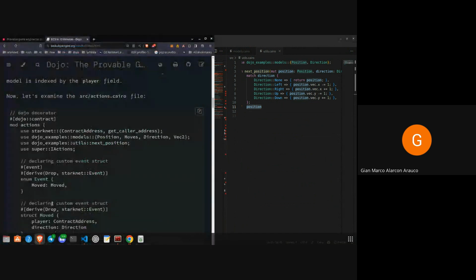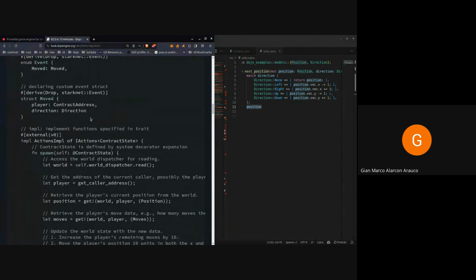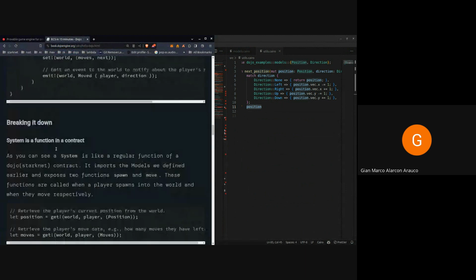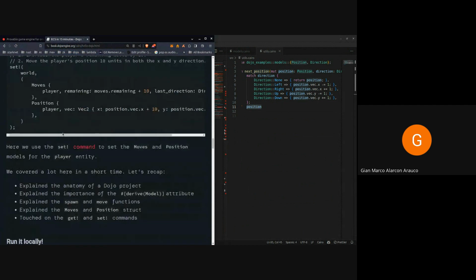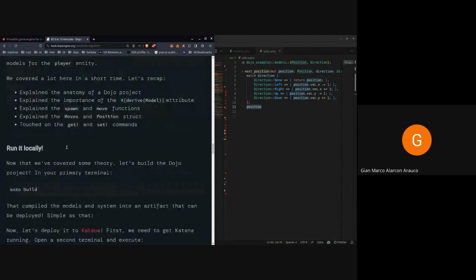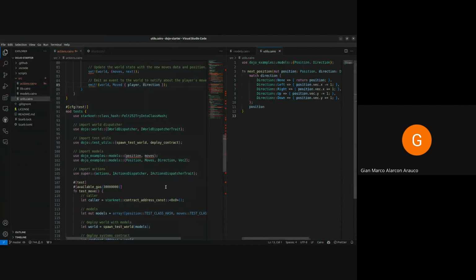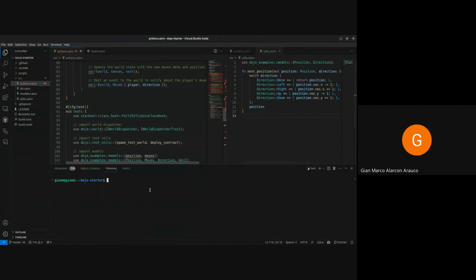Let's go back to here. Yeah, they explain the event, spawn function, move function. They explain we have this get command, set command. That's it. So now we can run it locally. This is the fun part of this. Okay, let's